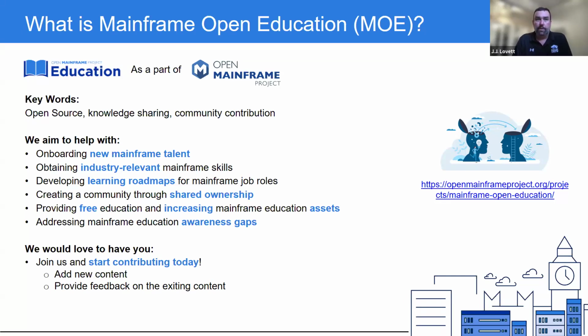So as a large part of that, one of the things we're trying to do is a cultural change. Many people in the mainframe community built their knowledge and it became a sense of job security and a way to hold on to a long-standing career. Well, now that they're approaching a long and hard-earned retirement, what happens with the knowledge that they've gained over the years? Knowledge sharing wasn't always a focus for the community, and that's one of the things that we're trying to change. Really want this aspect of shared ownership between the folks that have long tenure in the mainframe, that have all this